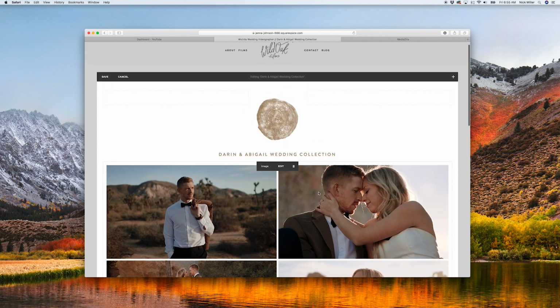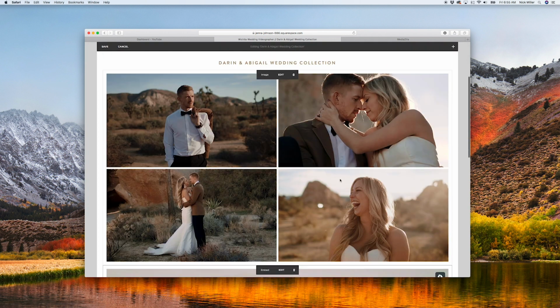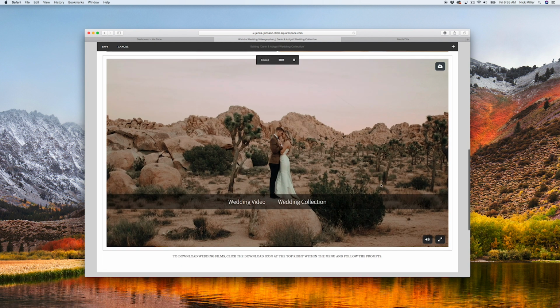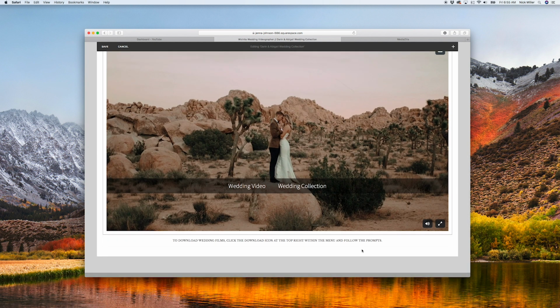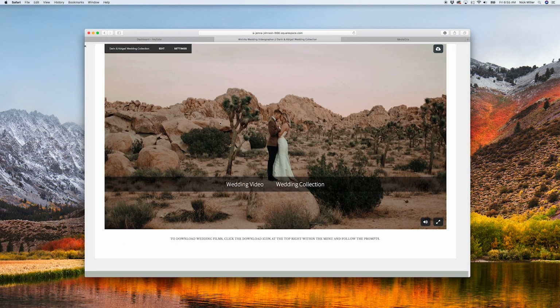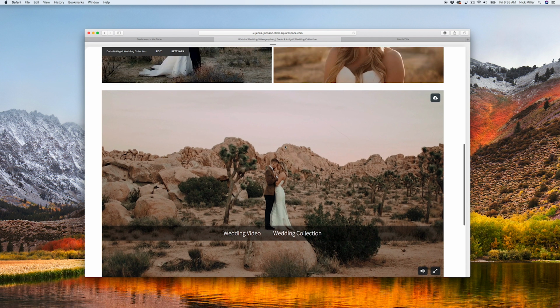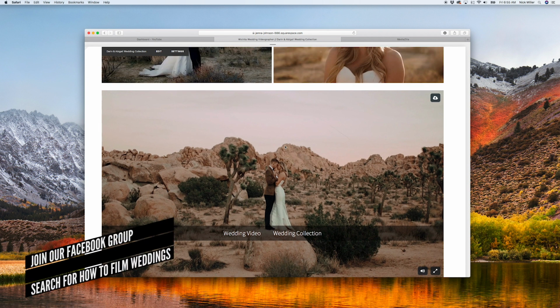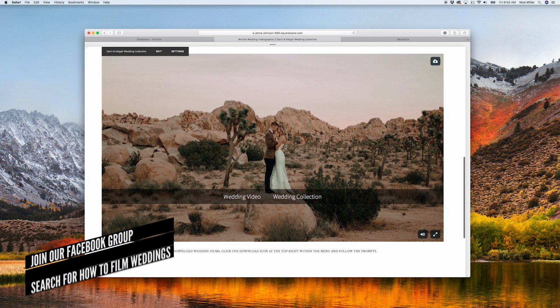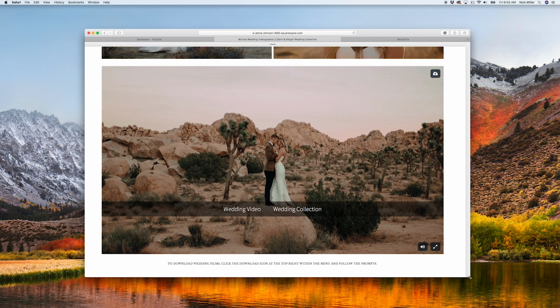So if you're interested in this code to make it scalable, I will put that in the description below. And then you just insert that little autoplay part of the code into your embed, and it will do the same thing for you. I hope that you found this little quick tutorial helpful. I know that I had to do some digging to make it so that I could make my gallery scalable